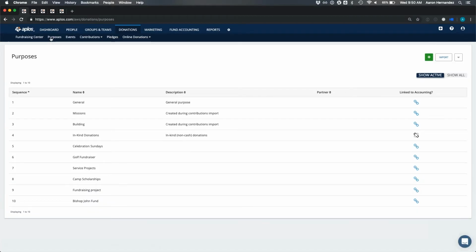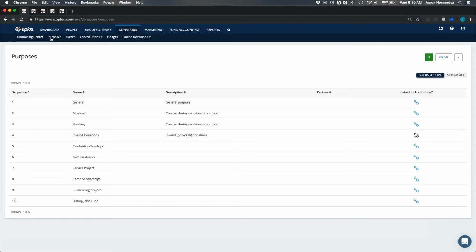Moving along here, we're going to jump to the purposes page now. Purposes are how we track donations in Aplos. And in short, purposes are just reasons why people are giving to your organization. So if you're a church, this could be tithes and offerings. If you're any other nonprofit out there, it could be an event that you're hosting, or maybe a trip that you're going to do, whatever the case is. Any reason why people are giving to your organization, that's what you're going to want to set up as a purpose within Aplos. Those purposes can then be linked to an income account and a fund from the chart